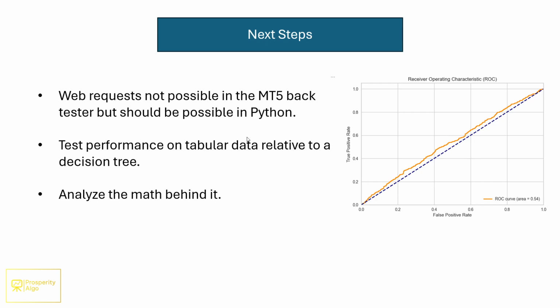In terms of next steps, what exactly I would want to test out, and if you're interested in testing out these models, what I would also encourage you to look at is, if you're more of an expert advisor, MQL5 coder, it's not possible to run web requests in the MT5 backtester due to security concerns. However, there's no reason why you shouldn't be able to feed historical trades to the API via a Python backtest.